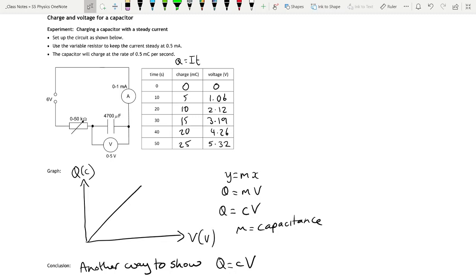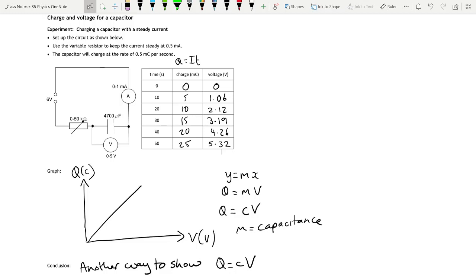To do this experiment, you have to be very careful to keep the current steady. So you have to keep changing your variable resistor, because as the capacitor charges, the current will change, since the capacitor takes some voltage out of the circuit as charge builds up on it. So every 10 seconds you measure